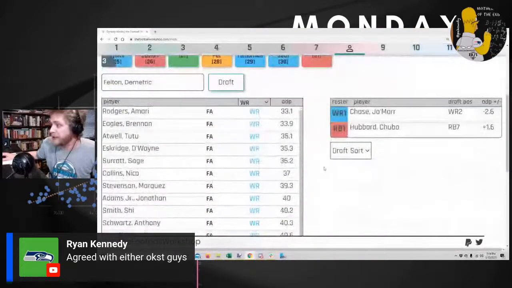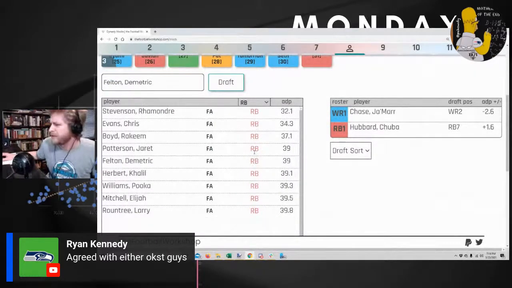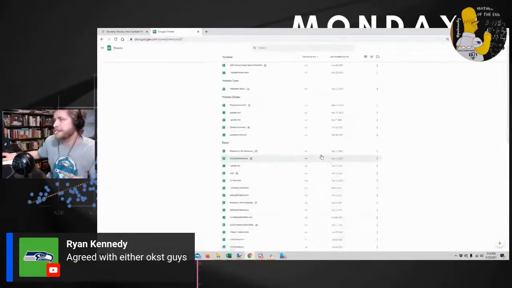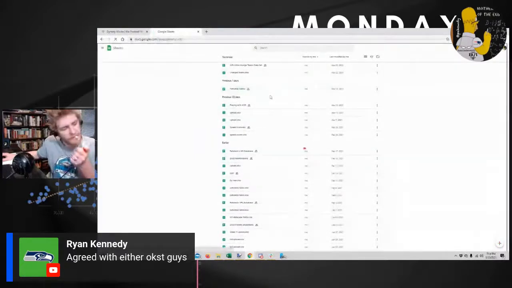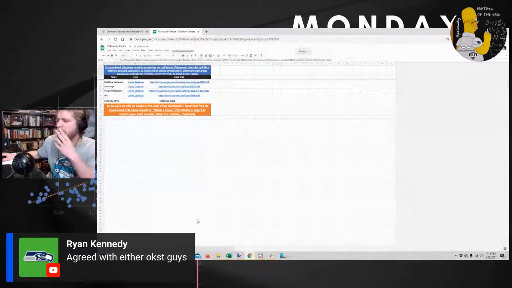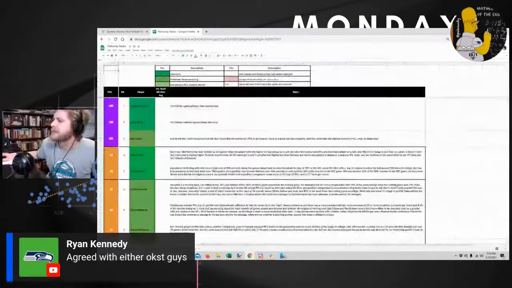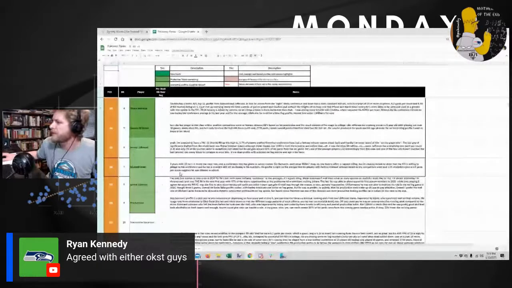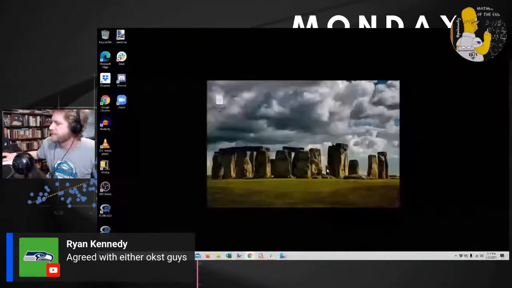And I can tell you, it would be Tutu for me probably here, unless there was a running back I really liked. And I don't see one. I don't remember one. Jarrett Patterson, Felton, maybe. I don't know. I haven't broken into him too much. Elijah Mitchell. I've got ranks around here somewhere, right? Well, I got tiers at least. Yeah, all the ones I really like are gone, apart from maybe Patterson, maybe Sermon. Sermon gone? Yeah, we said Trey Sermon had already gone, didn't we? Nope. Good Lord.